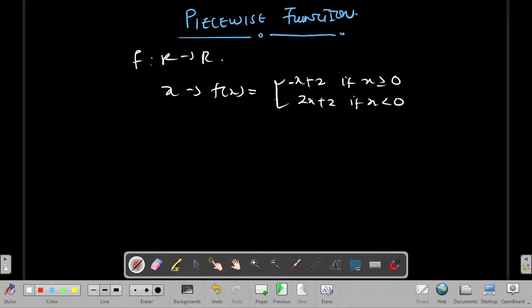So a function which has two pieces: negative x plus 2 is a line, 2x plus 2 is also another line, and they are defined over two different ranges. It's a single function but broken up because it is defined over particular domains. So this function, when you draw it, will look something like this. Something like this. One is negative and one is what? Positive. Now, as I said, our goal is to find the domain